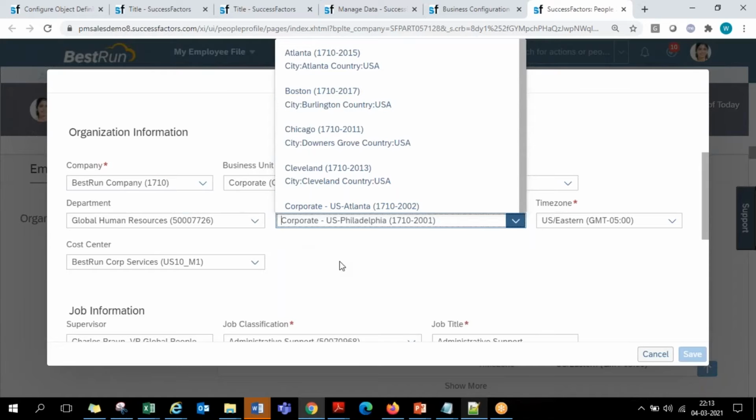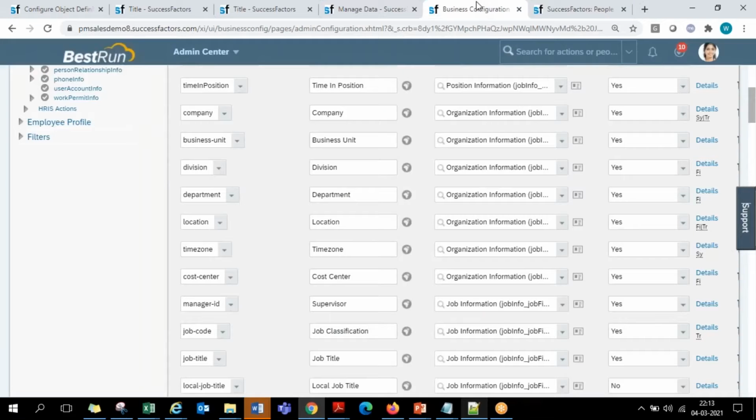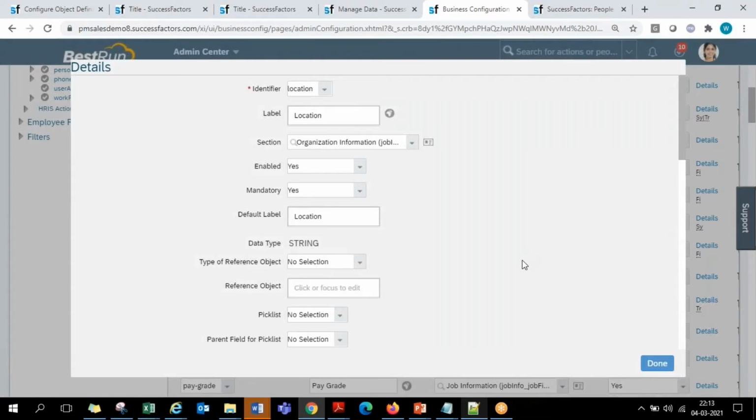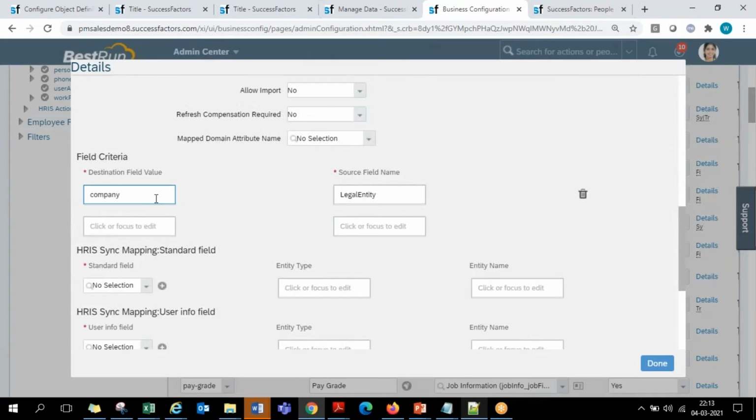So how are these two fields connected? Obviously, in the business configuration level we will have that association, same as these two fields have. But at the location level, this is again pre-configured. In the standard succession data model coding, there is already an association defined. The way it is done is not the same way we do it between MDF to MDF. Here we are required to give the field name, the parent field name.